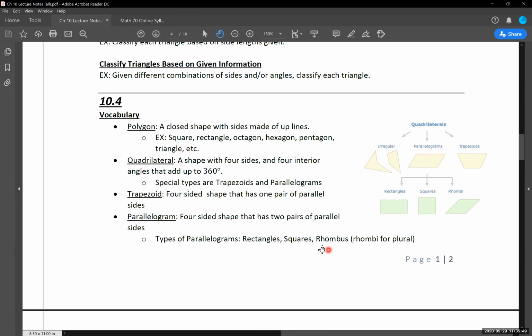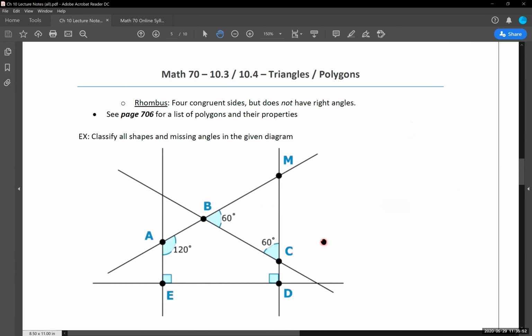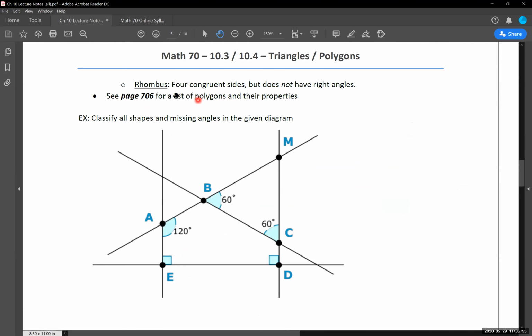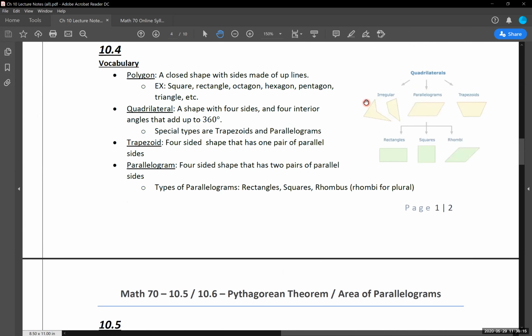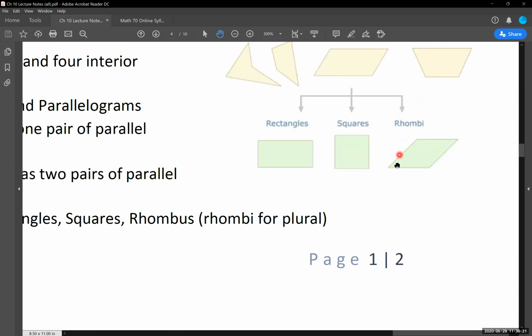So continuing on to our next page before we go into our example. Our last definition is for a rhombus, which is a more specific type of parallelogram, but it's 4 congruent sides, and does not have any right angles. So we'll jump back to our example. 4 congruent sides, but no right angles. So again, our rhombi, the plural for rhombus: all of these sides are equal to one another, but we do not have any right angles showing up for these interior angles.